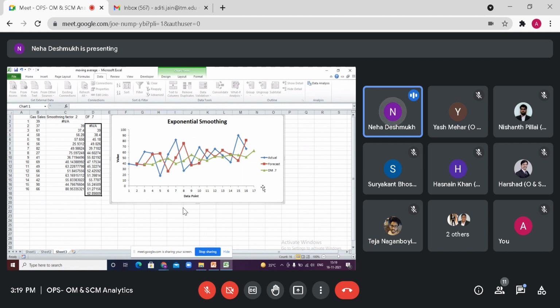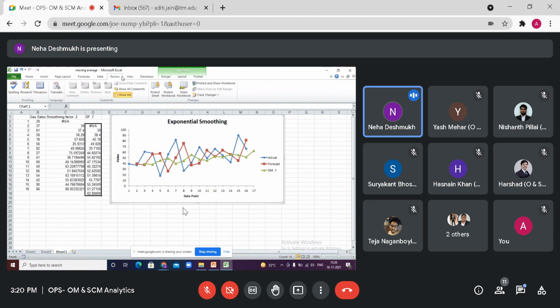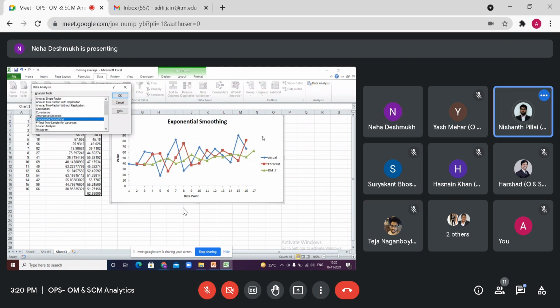Are you with me, class? Do it now. Ma'am, can you once show again the damping factor 0.7 part? Directly the data analysis tool, same as the 0.3. Can you show it again, this part? Which part? The entire thing, ma'am. Okay.